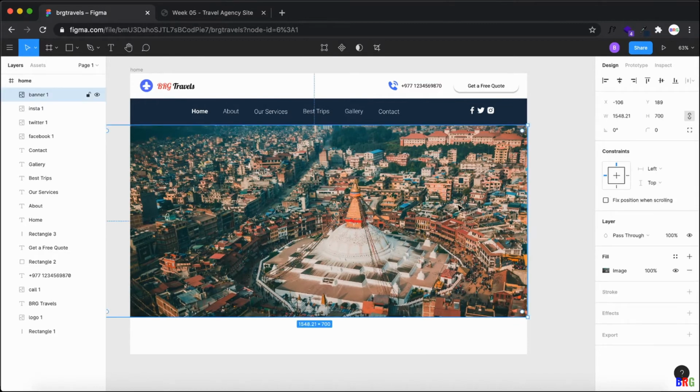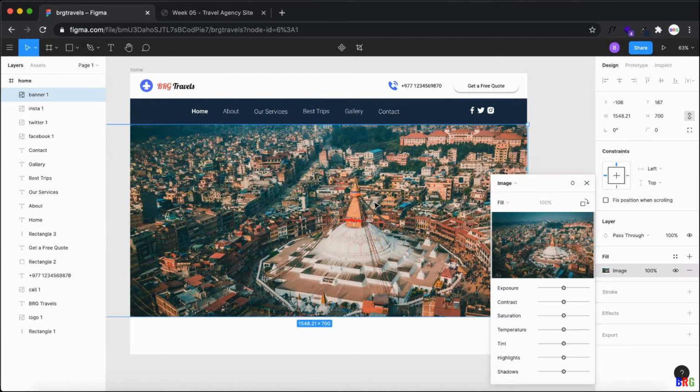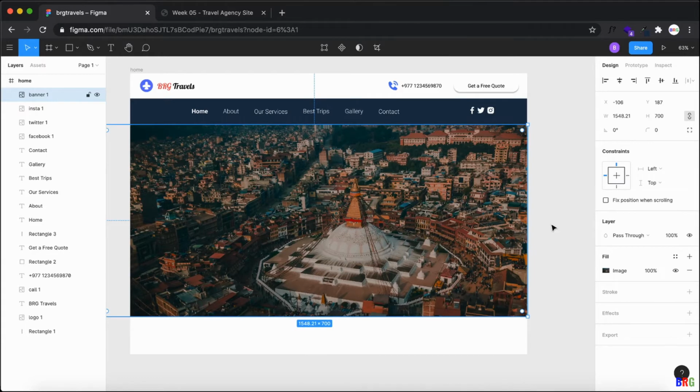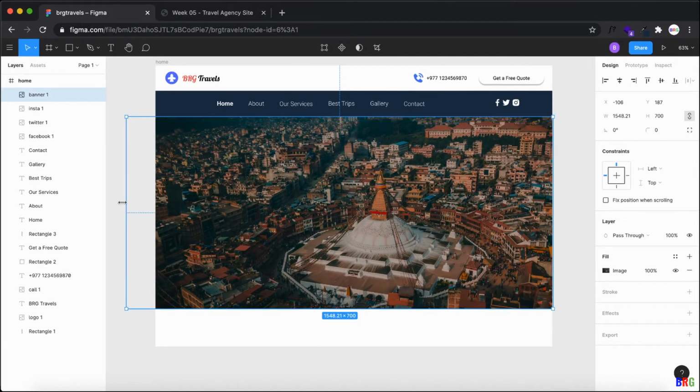Now just click on it, and other properties you can change are contrast, saturation, exposure. You can also make it a bit transparent with opacity. Definitely I want my text to be highlighted. Let me also resize this.